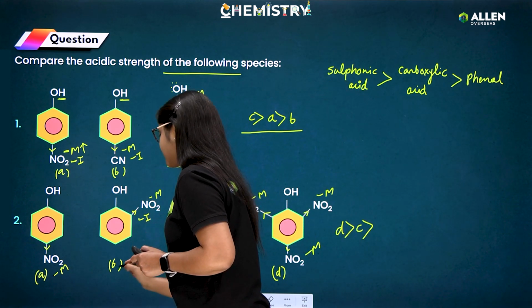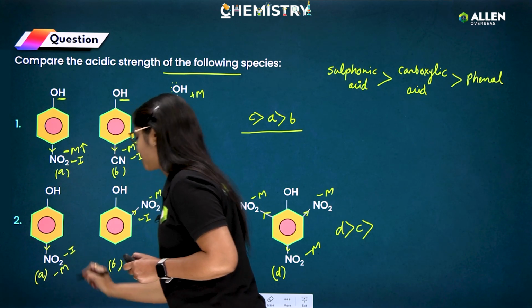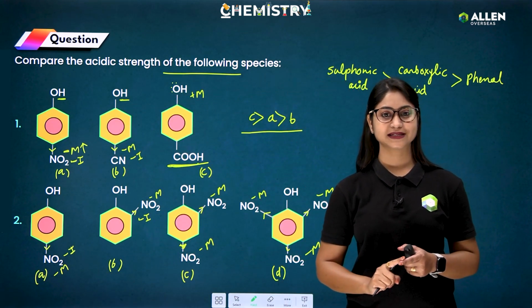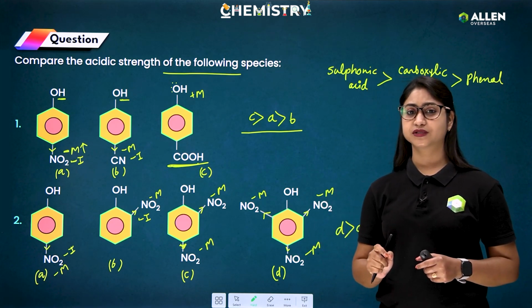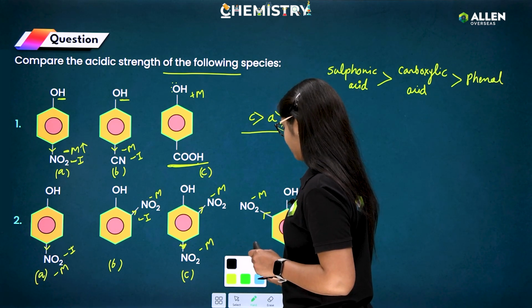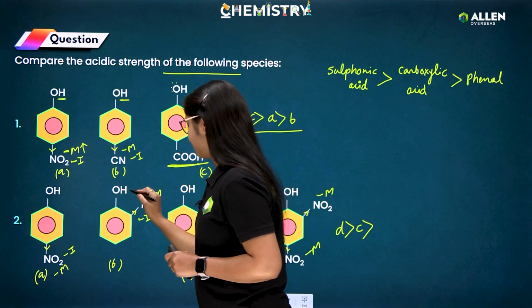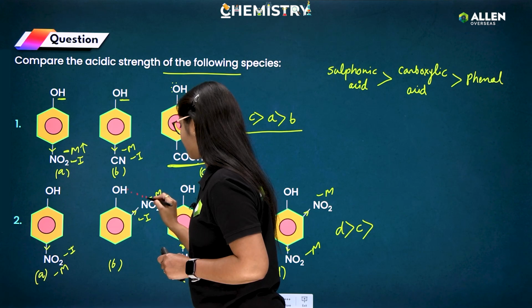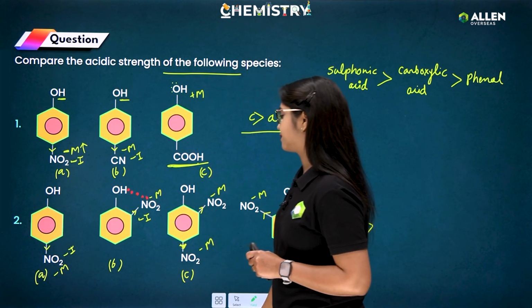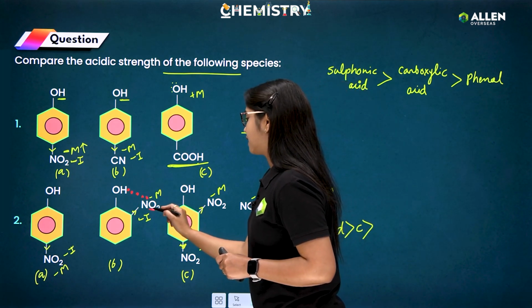So this is having a minus I effect, and this is also having a minus I effect. So comparatively, B should be more acidic. But there is one more condition here. In B, intramolecular hydrogen bonding is present. Between this hydrogen and the oxygen of nitro, intramolecular hydrogen bonding will be present, okay, between the oxygen and this